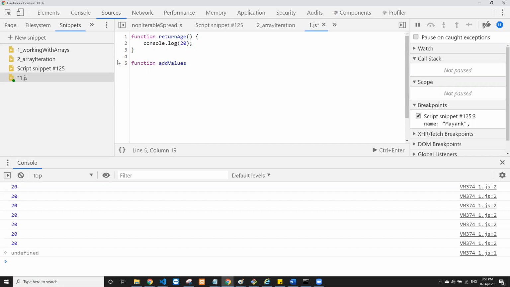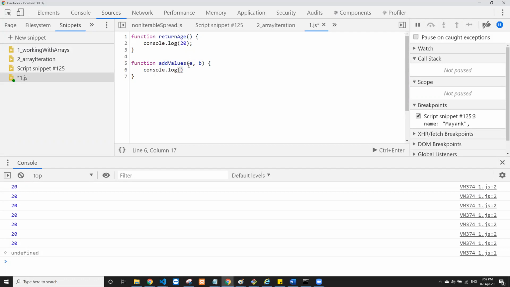I want to create a reusable syntax where I can pass two values, and every time I pass some values to it, it returns me the sum of those two values. So addValues takes two variables. You can pass two numeric values to this particular function. And to show that result, we'll use console.log.